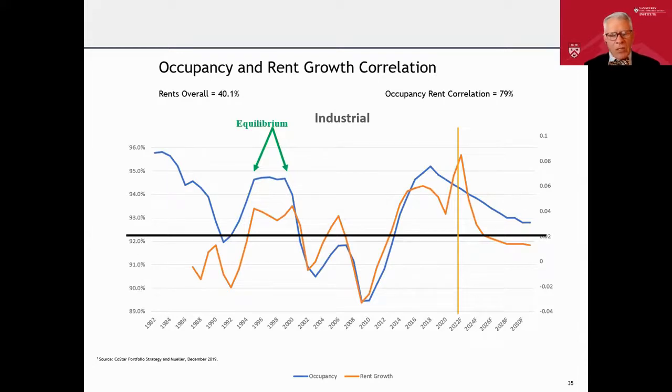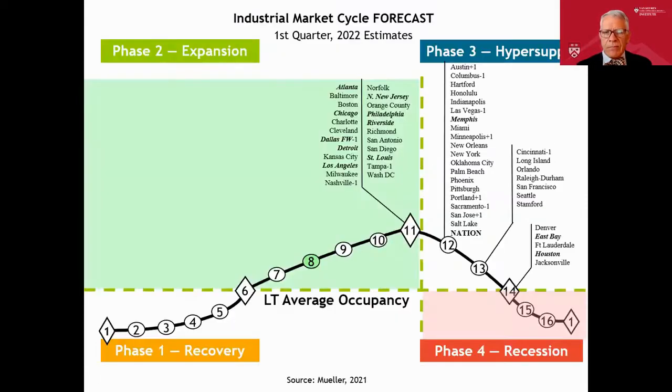So industrial looks like the same kind of cycle. It looks like occupancy is coming down mainly from new construction, as well as that R&D flex space not getting leased up. But even though occupancies have been coming down for the last 2 years, we get a spike in rents because, with the cost of new construction going up, they're asking for more rent to justify building those buildings. Next slide. And again, a lot of markets still at peak and many markets in the hyper supply phase. So be careful where you decide to invest in industrial. Next slide.